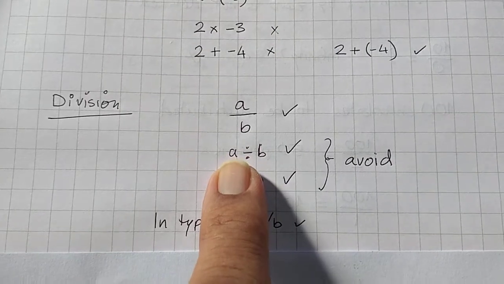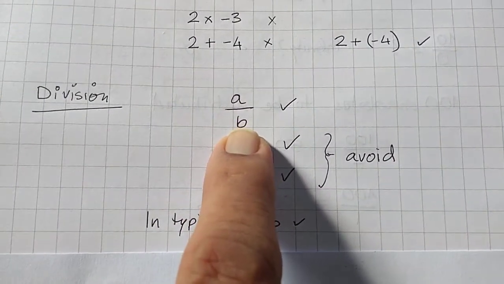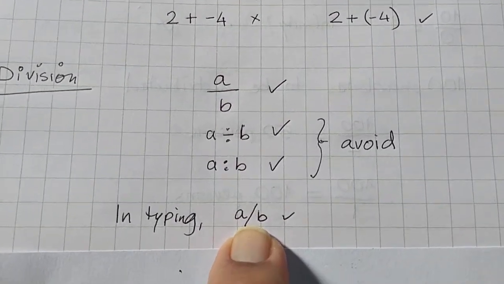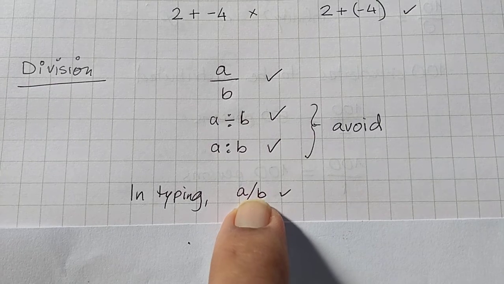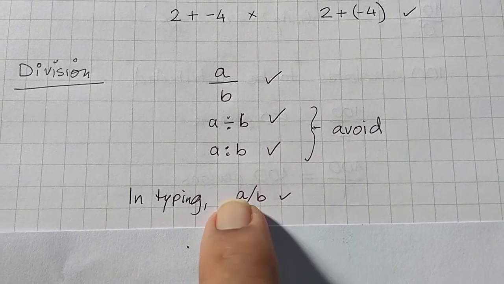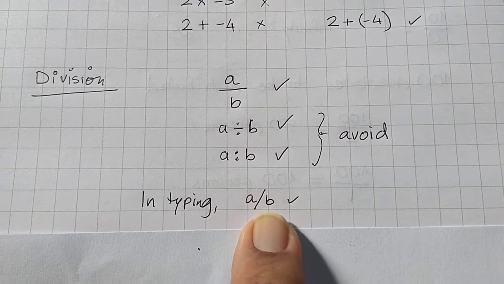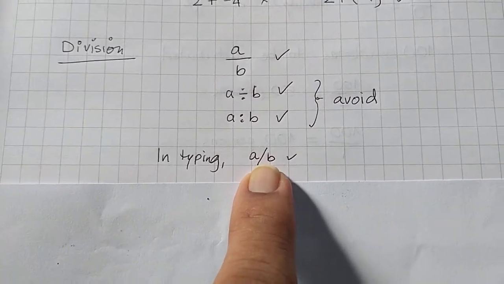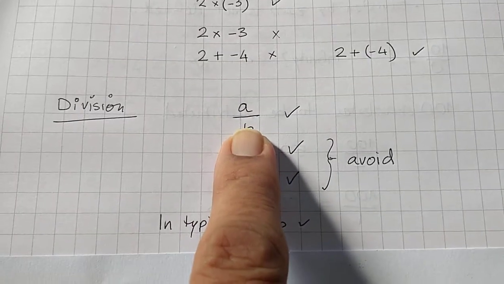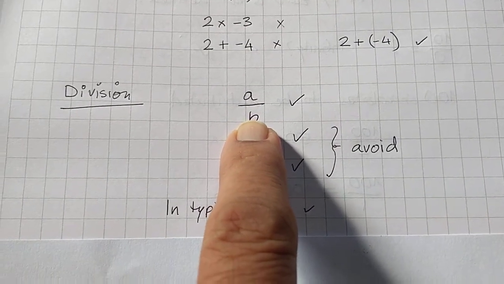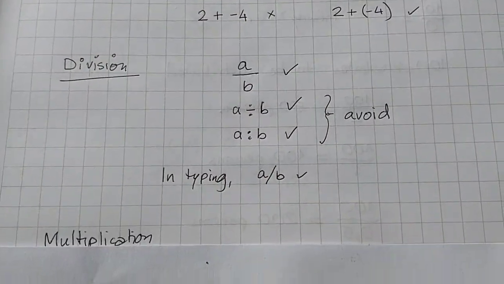When I type or when you type in WhatsApp a text message, it's difficult to type a fraction like that. In that case, I will type a divided by b like this. If I have to say 3 divided by 18, I will put 3/18. But this also has to be avoided as far as possible. We only use it in typing because it's not easy in many software to type a over b like that.